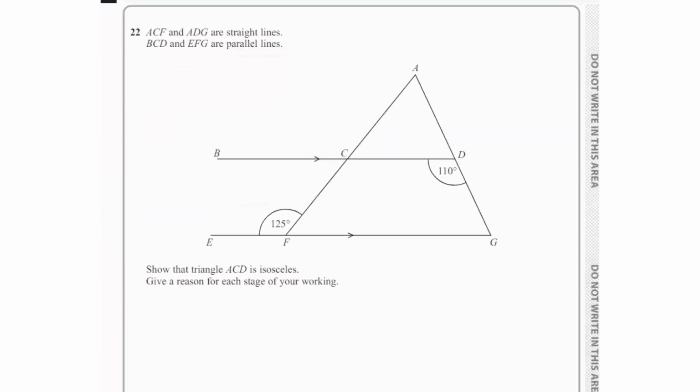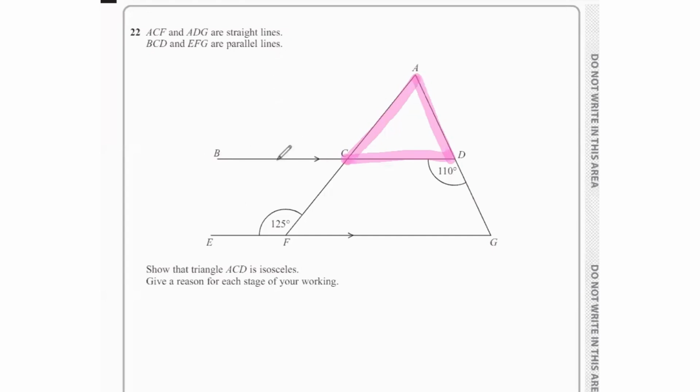Question 22 says ACF and ADG are straight lines. BCD and EFG are parallel lines. Show that the triangle ACD is an isosceles. So let's highlight this triangle first. ACD needs to be an isosceles. So what we will do is that